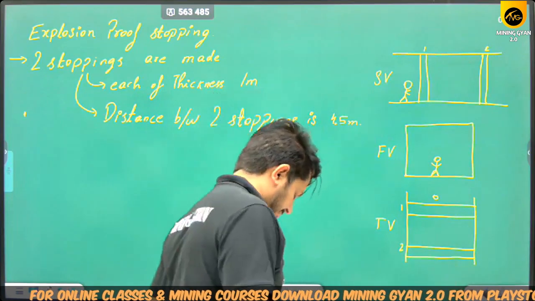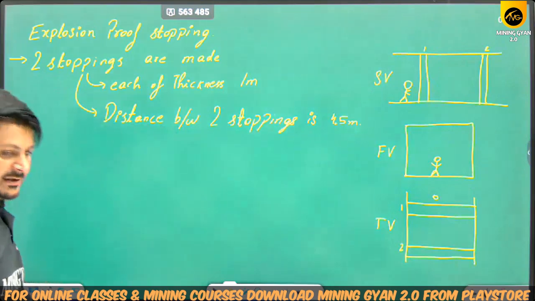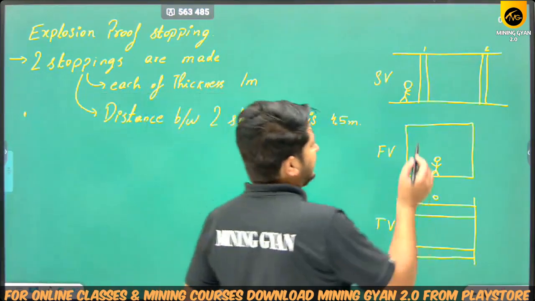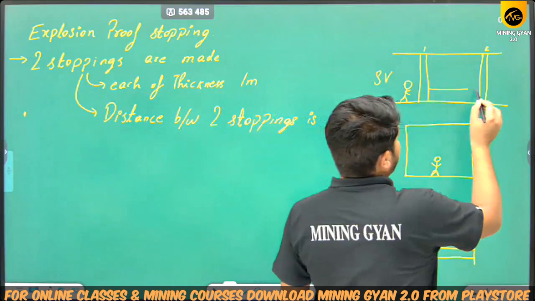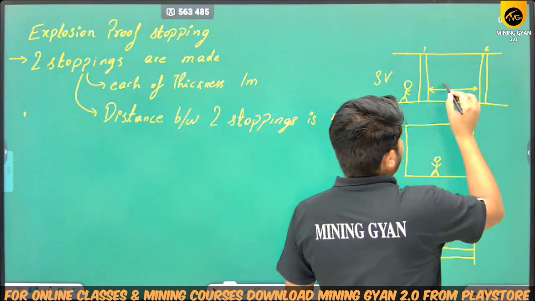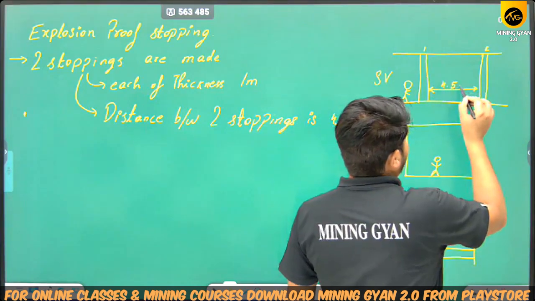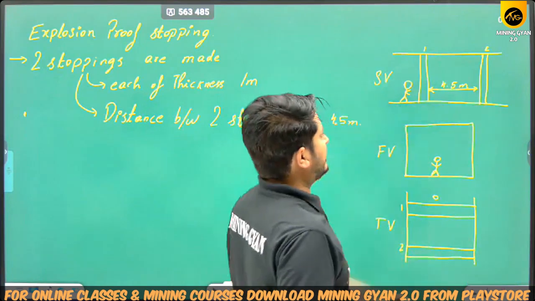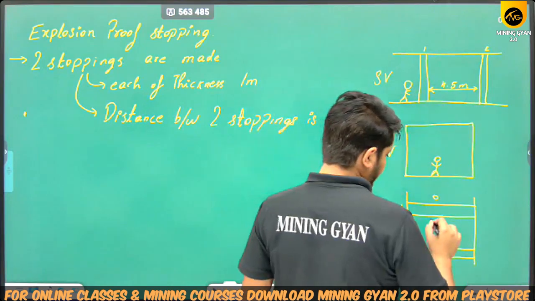Consider any one stopping, one or two, it doesn't matter. Now the distance between these two stoppings is 4.5 meter, and the gap which is present between the stoppings